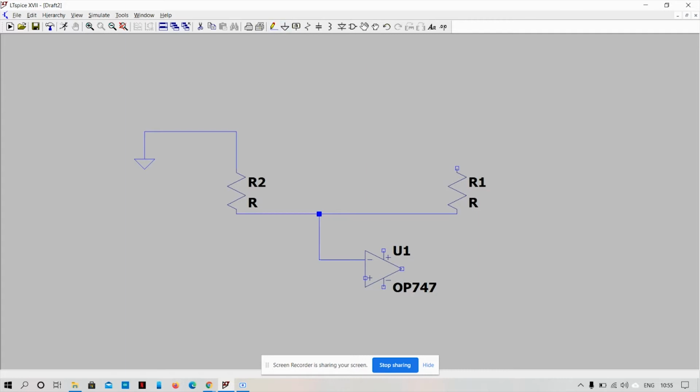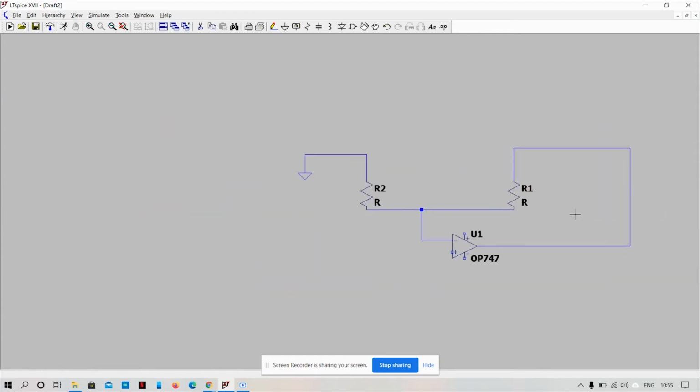Next up, add the wire from this resistance part. Then give an input to the non-inverting node.